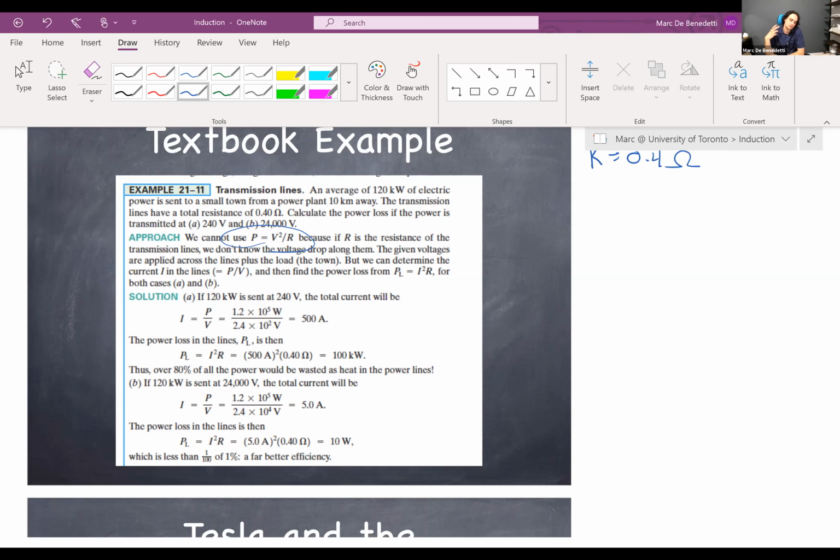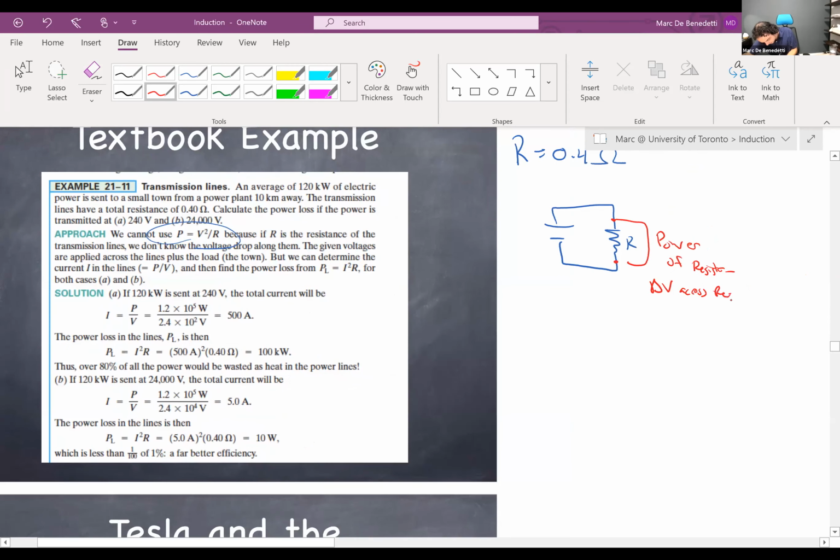But we don't know the voltage drop, right? If we had a battery here with a resistor, and we want to know the power of the resistor, you need the voltage drop across the resistor. We know the voltage of the power plant, it's presumed to be 240 volts, but we don't know